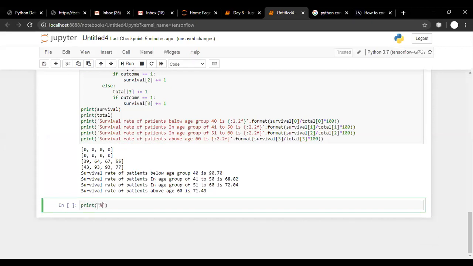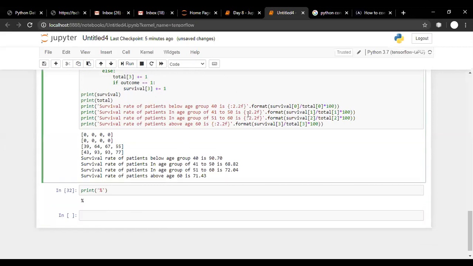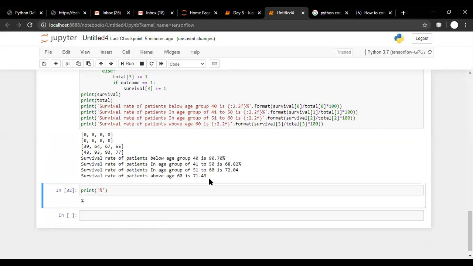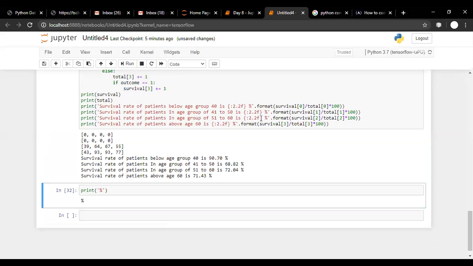If you want to print the percent symbol, you can print it something like this, and here it's 90%, 68%. If we want, we can give a space also, so it is more readable. Yes, Anurag. Okay.